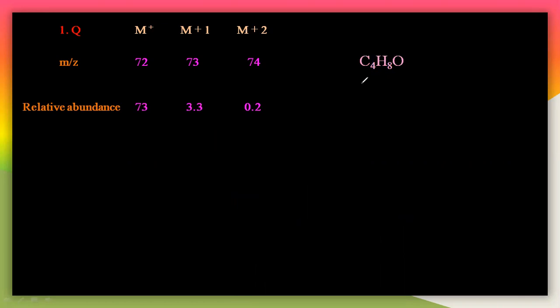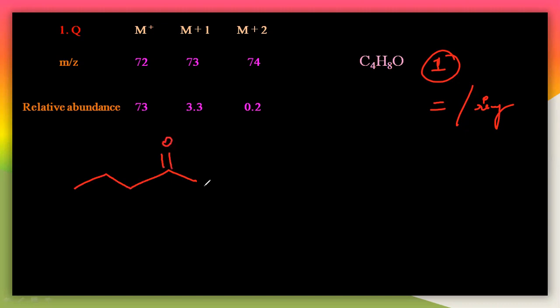So in that way you have to calculate; you have to give the structure for this. So the double bond equivalence will be 1 here. Double bond equivalence manaku 1 ochindi. So you have to understand this. The double bond equivalence here, it means 1 means it may be 1 double bond or 1 ring here. So the possible structure, generally you can get like this. See here, the structure will be like this. I think the structure will be like this. Is this correct or not? We have to check.